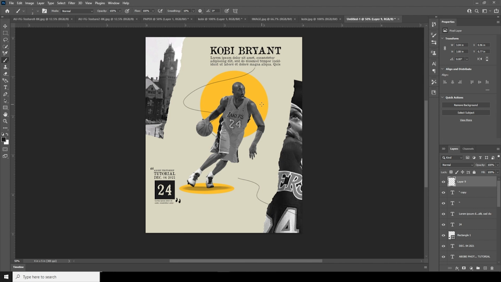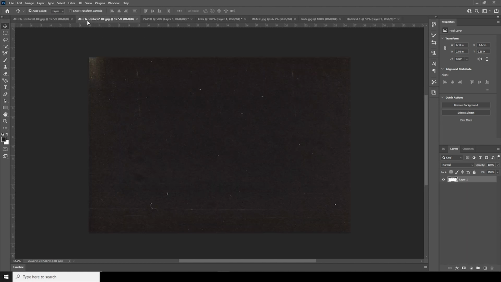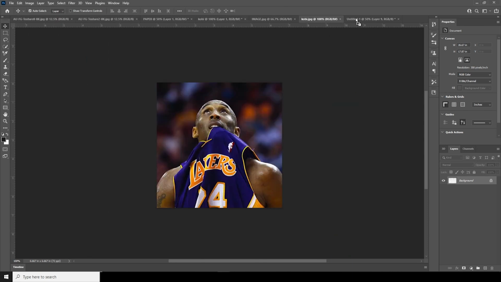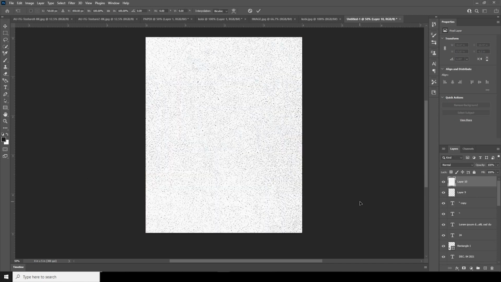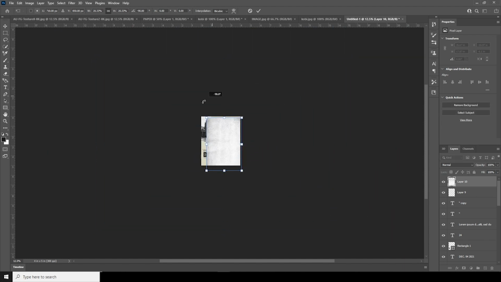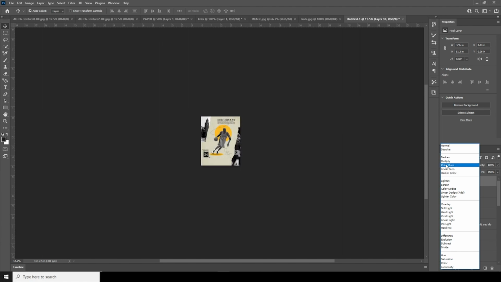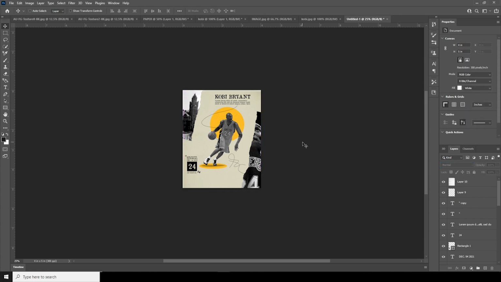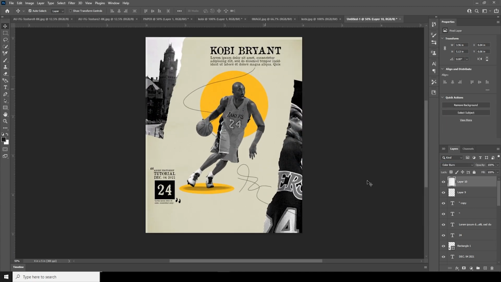So let's go back to the tutorial again, and so yeah, let's keep it like that, and then let's drag and drop this texture image right over here, and Control T, let's make it really small. Let's add a rotation, and let's change the blending mode to color burn. Control T, yep,